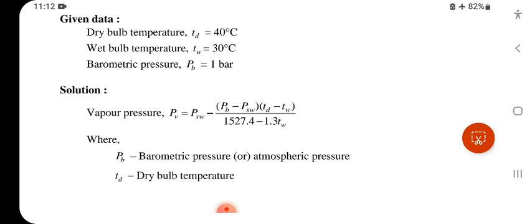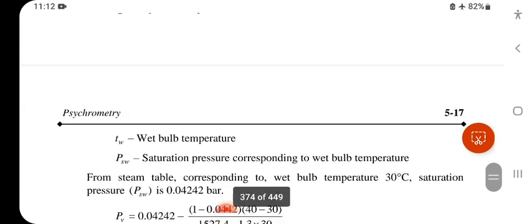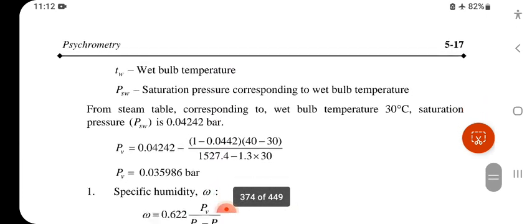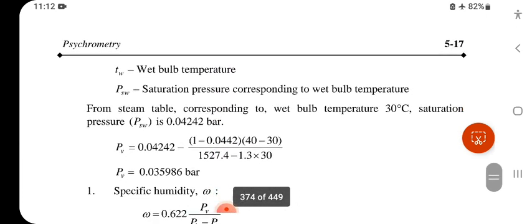This is the vapor pressure formula, where PB is the barometric pressure or atmospheric pressure and TD is the dry bulb temperature and TW is the wet bulb temperature and PSW is the saturation pressure corresponding to wet bulb temperature. So from steam table corresponding to wet bulb temperature 30 degrees Celsius, the saturation pressure is